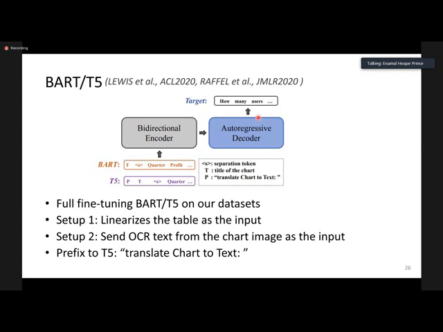So basically, when we have the data table available, we provide the data table as input. And if we don't have the data table, then we provide the tokens from the image chart as input. Okay, so I guess that provides a very quick overview of the models. Now let's talk about how the results look.